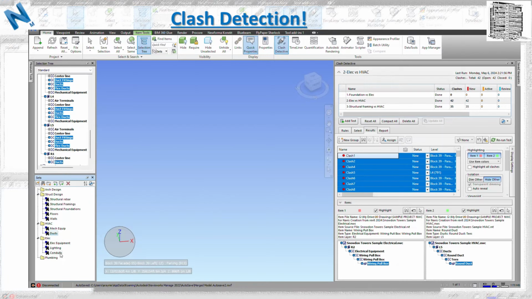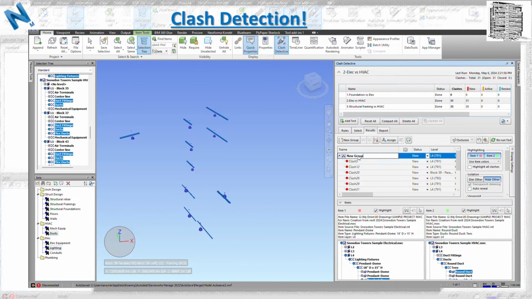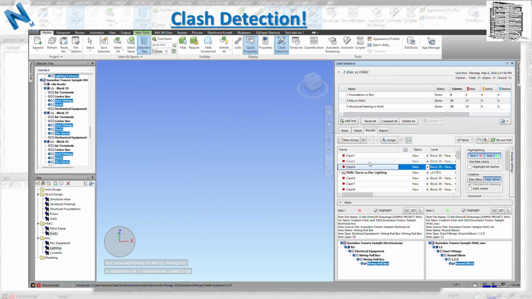So this is based on how you want to go through them in your meeting. So the next one is exclusive. Exclusive is where both clash items are selected. So I only want the exact items that are hitting each other. If I exactly want to look at duct versus lighting, I have to go on exclusive because it only gives me the components, which are ducts plus lighting hitting each other and all the locations, and just leaves everything